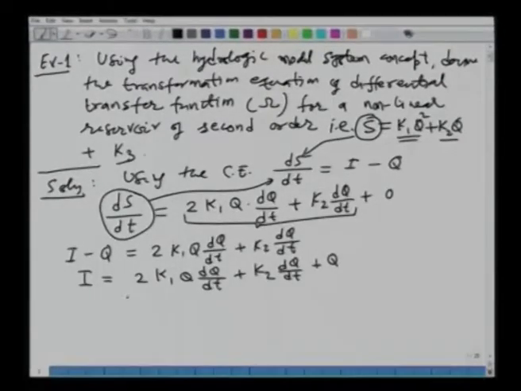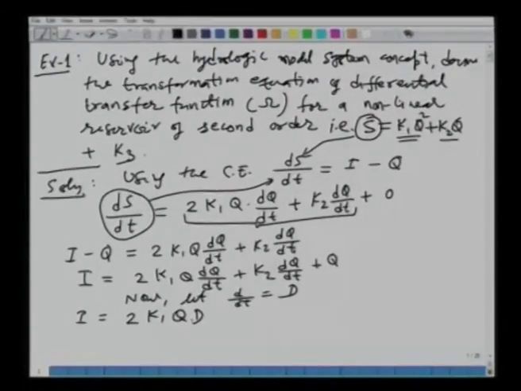Now, like we did earlier, let d over dt be represented by some operator D. Once we use this concept, we can write this equation as I is equal to twice K1 Q D